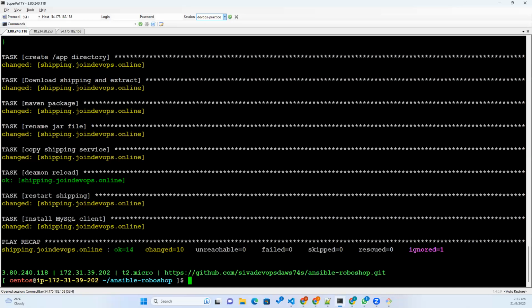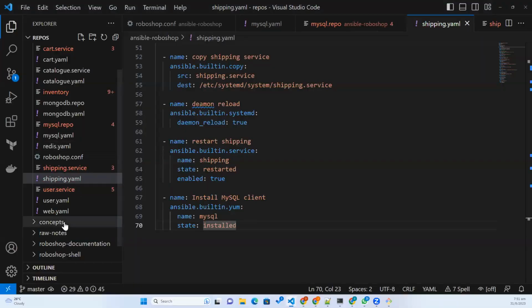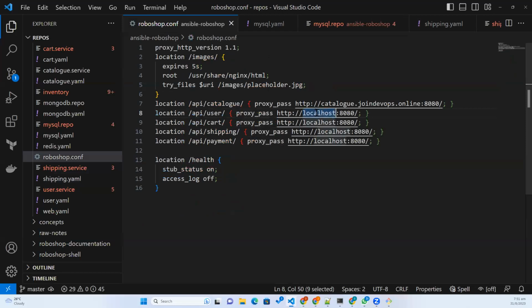So shipping is also done. Now we can just test here in the web component. So let us give our user dot